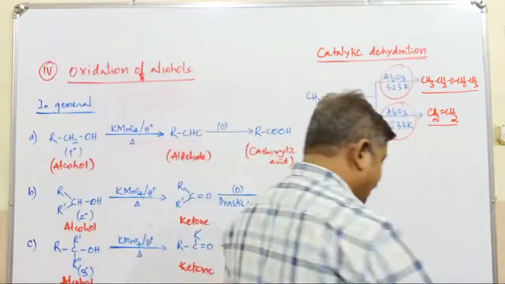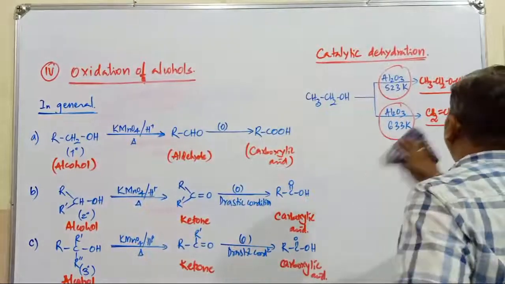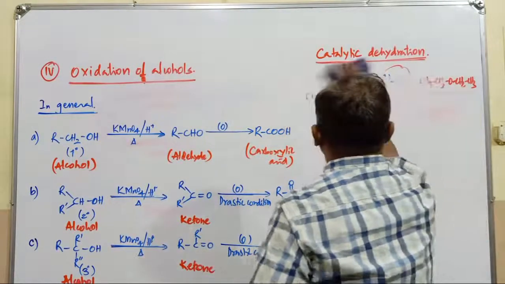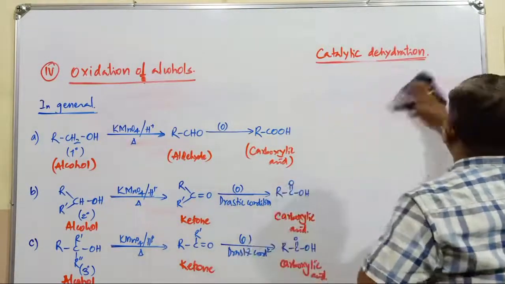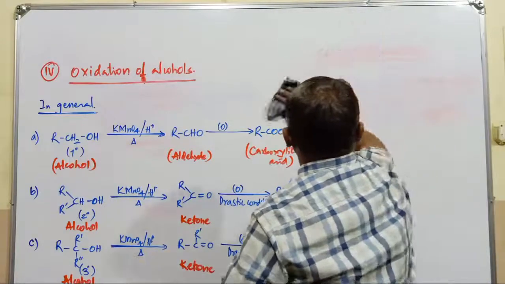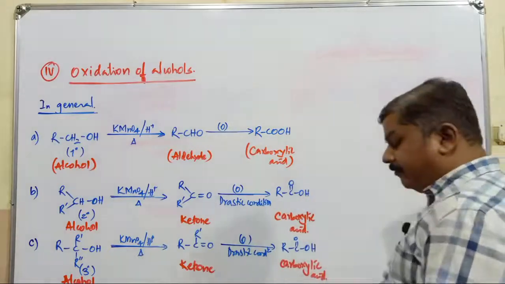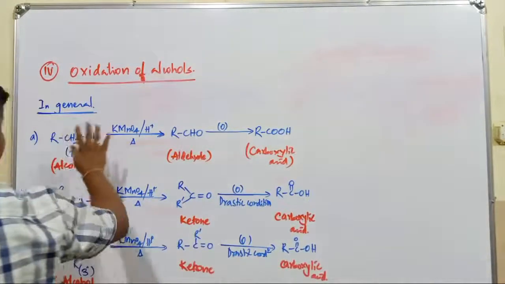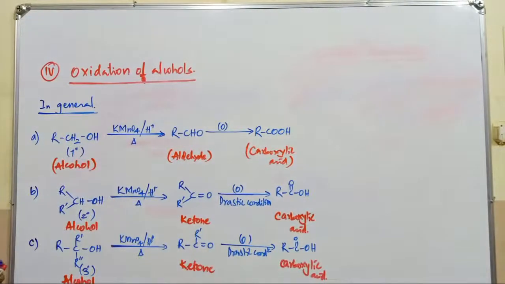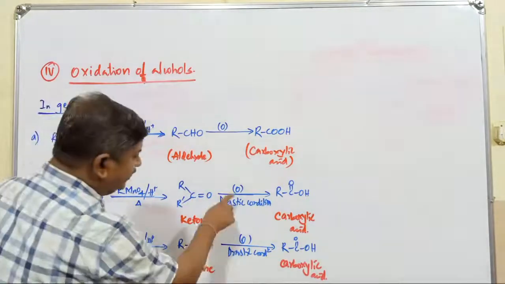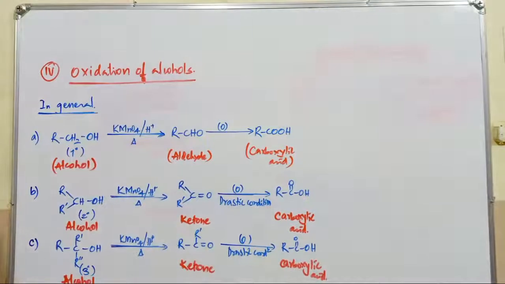Carboxylic acid. Now here we have to identify the particular alcohol as well as the particular oxidizing agent. So what is the type of product obtained? In general, assuming that a strong oxidizing agent is considered in this case, the final product will be carboxylic acid. Just to copy this one.